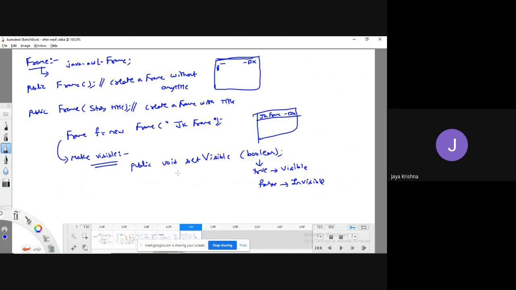This is the method, which is available in the Window class but not in the Frame class. But to make our frame visible to the user, you have to use this setVisible method. How is it invoking? Observe, guys.